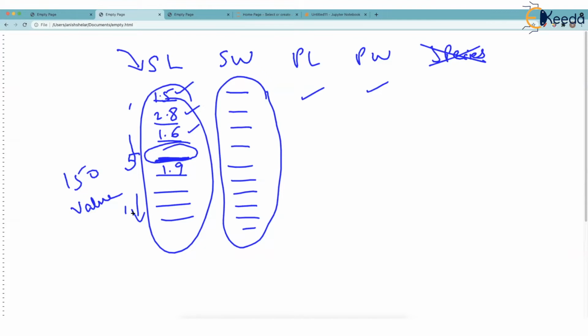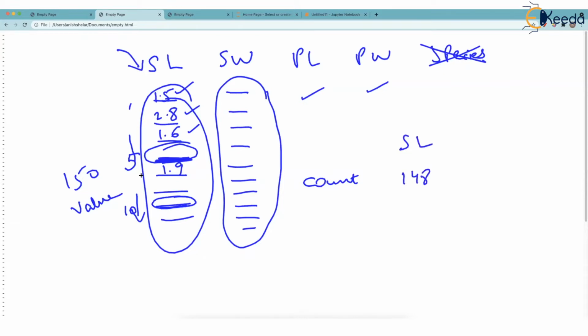Similarly, in some row 10, there is again no value. Maybe the botanist did not take a reading of sepal length for that flower. Strange, but maybe. Or maybe the person entering this data negligently did not enter the value. It was human error. So out of 150, two values are missing. In the count row under SL, you will see 148.